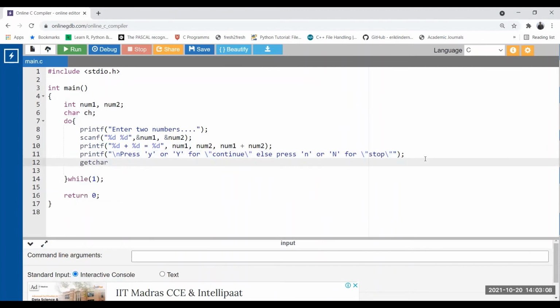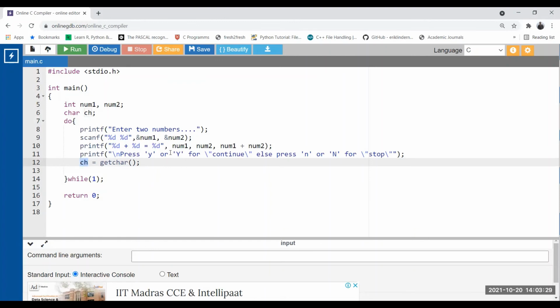So getchar is an unformatted function that we normally use to take a character as input. Okay, to understand how getchar works, a separate video is already there in the playlist of this particular C programming lecture series. You can check it as well. I'll provide that link in the description as well. So now our input is ready.